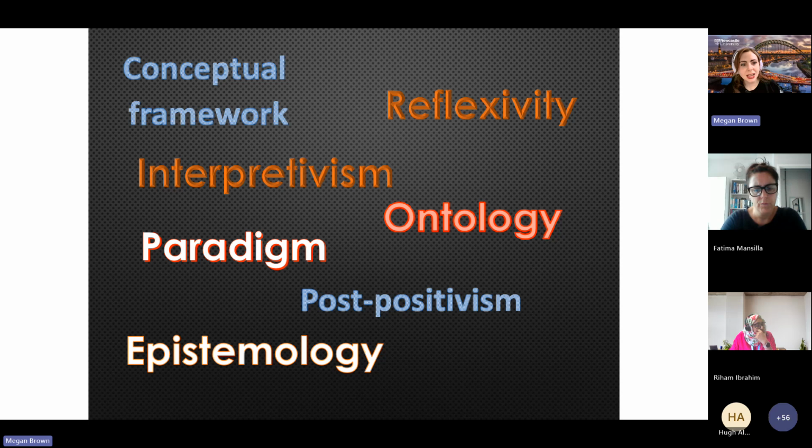What you'll notice is that these are quite philosophical. So if anyone's interested in philosophy, you might see some of the roots and the origins of these terms, and that is a field that we've borrowed from to develop this language. And these terms we most often use in relation to our methods,